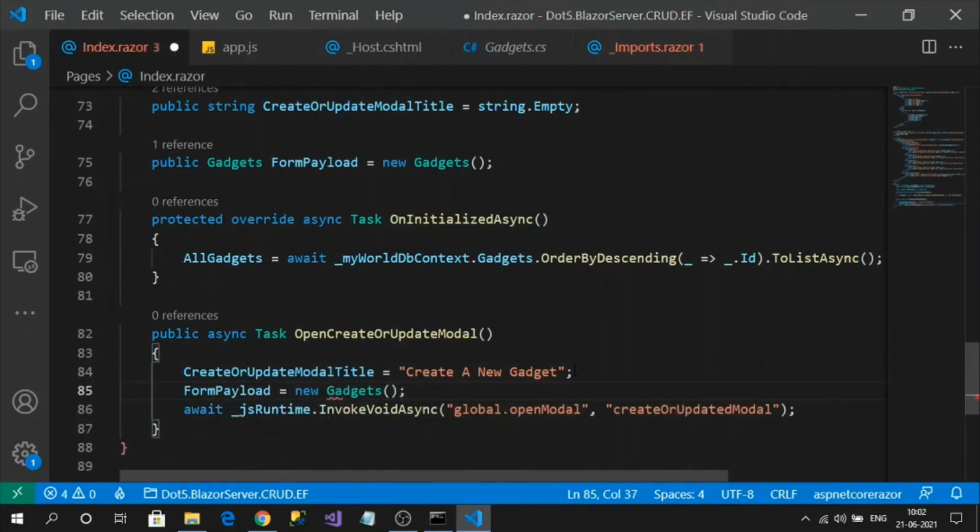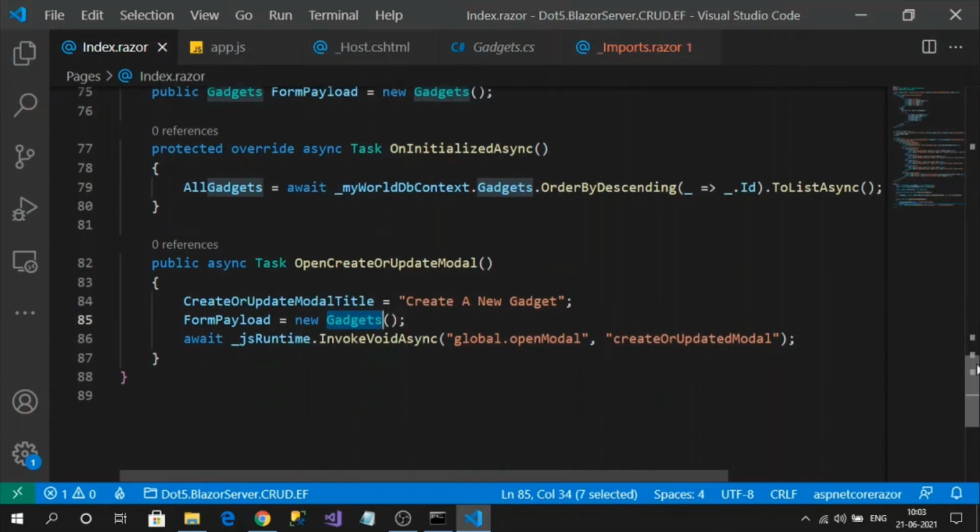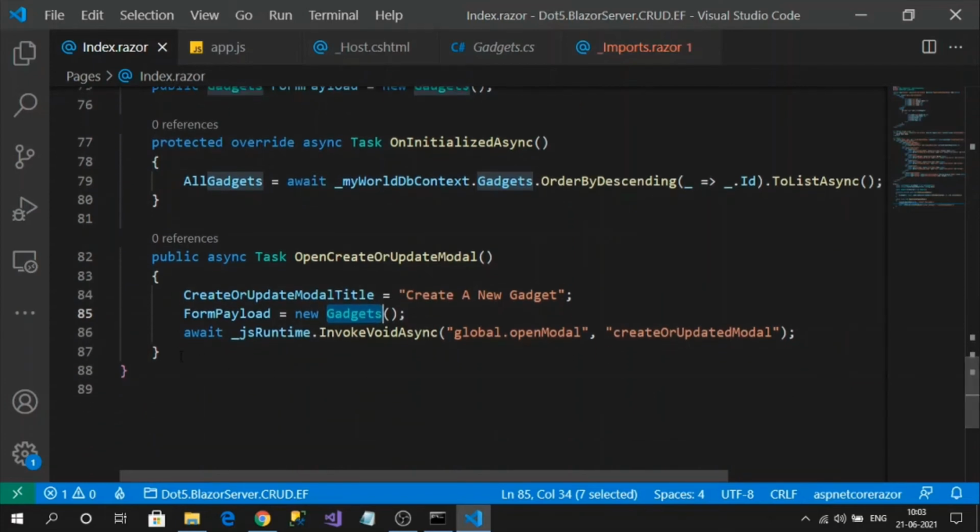Why I'm doing this is because here there will be an if condition for create and update. For now, I'm using it for create only, right? For update, you can understand why I am assigning the empty object. If it is an empty object, we will show the empty form. So let's assign it like that now.